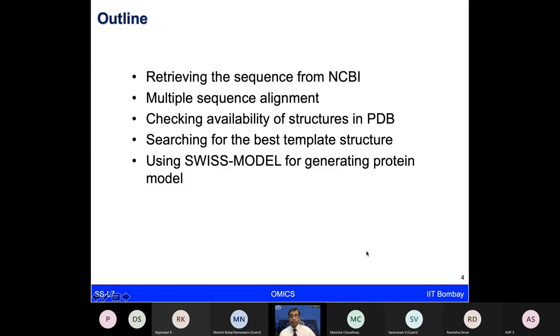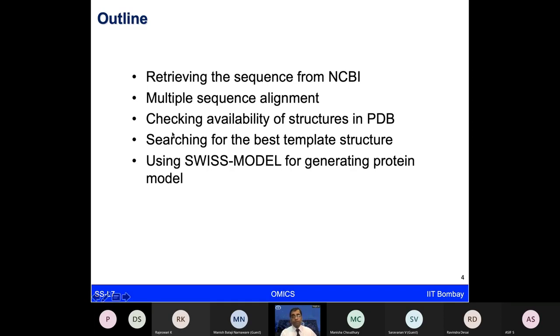So, we will talk about how to retrieve different types of sequences from the NCBI. Again, many times you do not have access to a lot of data from your own lab or your own project, but you still want to do interesting projects and address interesting questions. There are a lot of data sets already available. A lot of sequences are available in different databases, which one could retrieve to get that information.